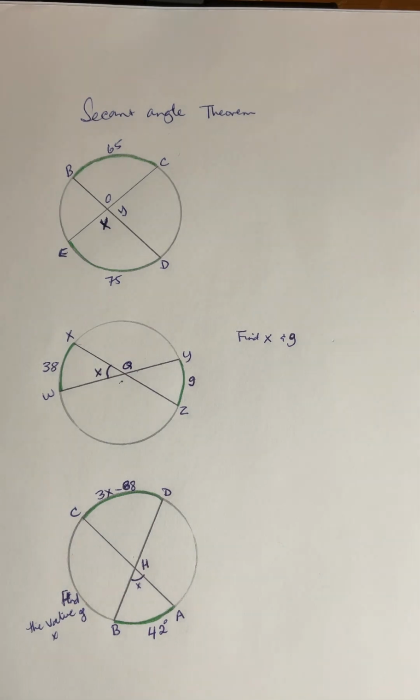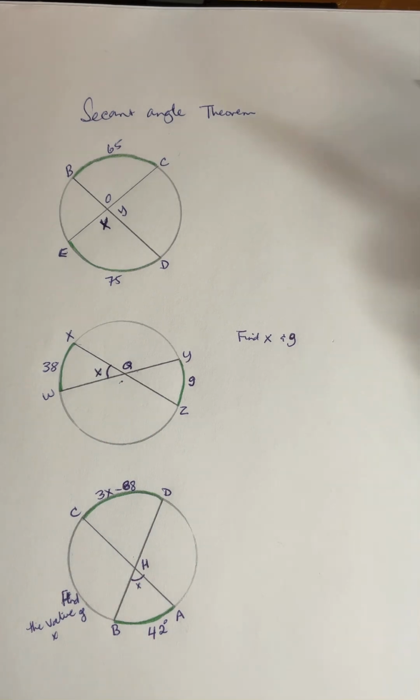In this tutorial, I am going to demonstrate how to find the measure of an angle when you have two secant lines that are meeting inside of a circle, and we call that the secant angle theorem, the interior case. With the interior case, the secant angle theorem is simply that the measure